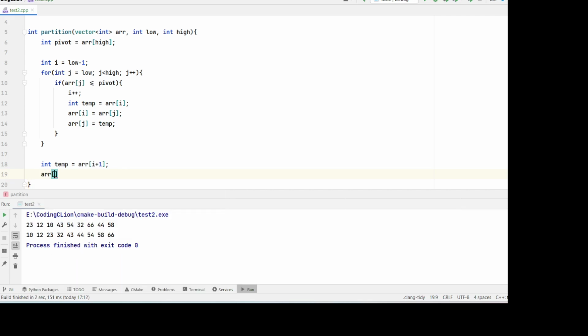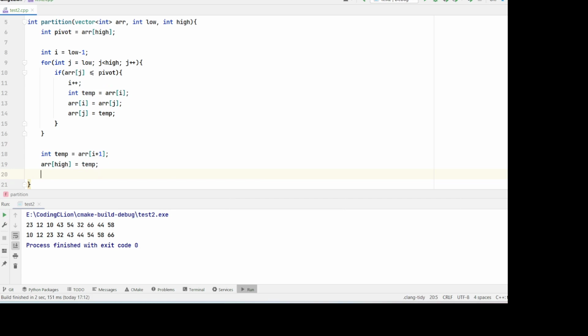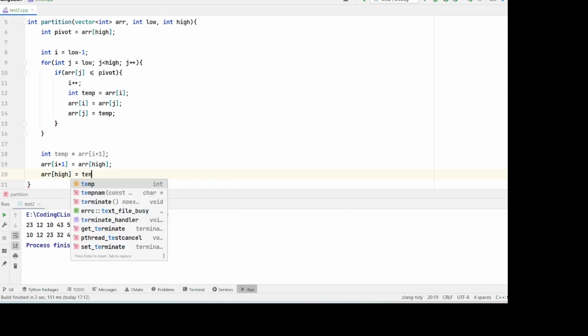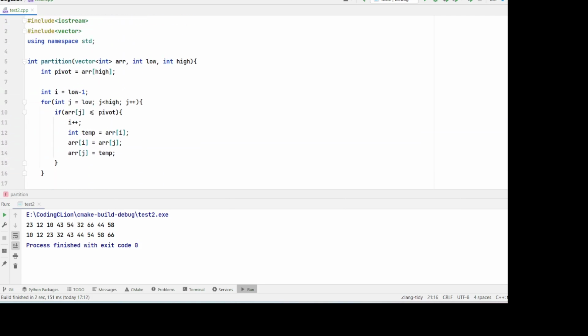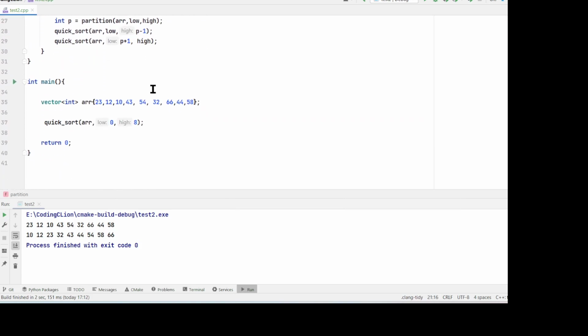So AR of i will become temp, or AR i plus 1 will become AR of i, and AR of i becomes temp, and then we simply return the i plus 1 index. Okay, this is a simple algorithm,